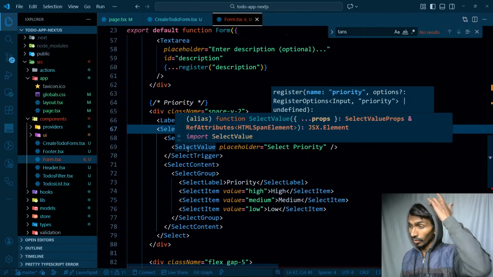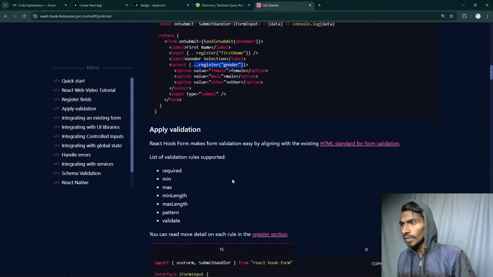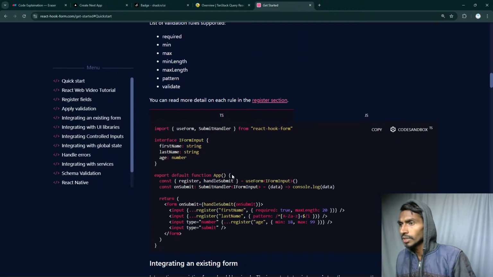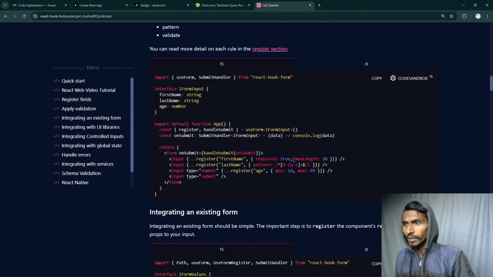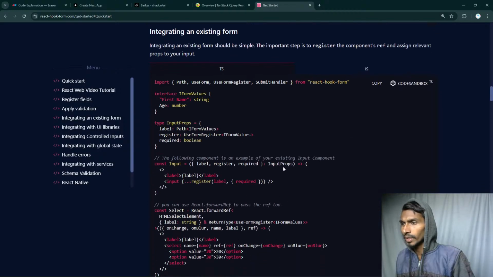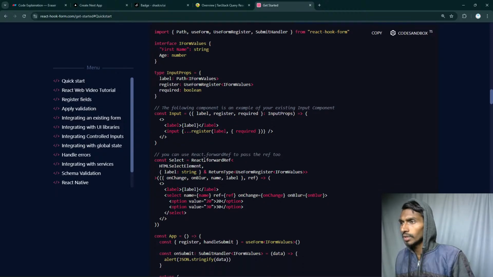So ultimately I'm getting all the values. Once I'm getting all the values, I can even add validation over here. Required, minimum. So required is the validation: minimum, max, min length, max length, pattern, and validate. Okay, so required, max length is 20. So as for the name, I can set the things over here. Interesting. And then description, pattern should be this, minimum, maximum. I will be setting it at the end, not now. I will be checking whether these things work and all. And not only that,